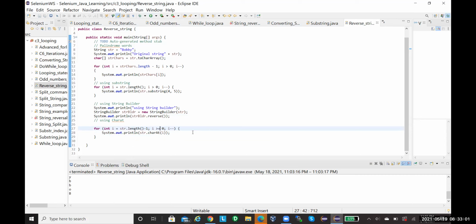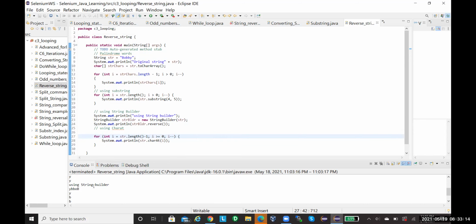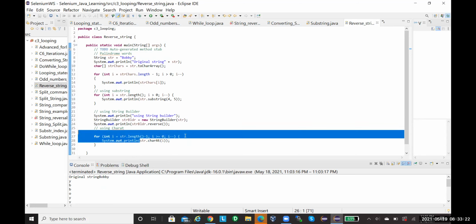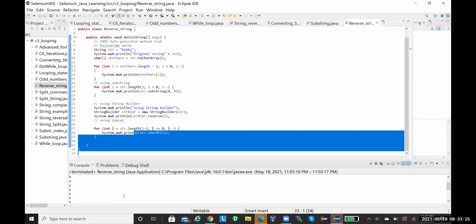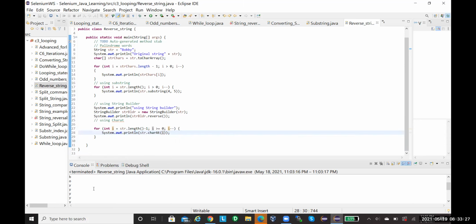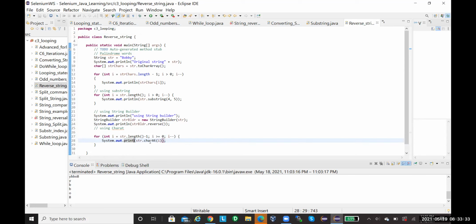Got it, right? Reversal order. A StringBuilder gives the output horizontally, whereas if we write this loop, it gives it vertically. Why? Because this returns an individual character for each iteration, so it prints, and then goes to the next line. If you don't want to go to the next line, just remove this ln. println takes us to the next line. If you use only print, it will print on the same line.